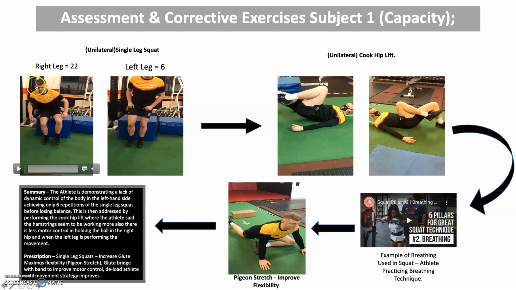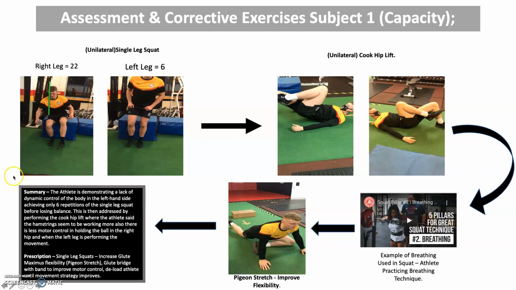Compare this to the right hand side. Initially there's a lean to the right, but this does rectify the more repetitions the athlete produces. What we can see is the right leg is more stable, there's less lean in the torso, producing more strength and stability. From there we did a unilateral Cook hip lift, where the athlete placed the ball in the